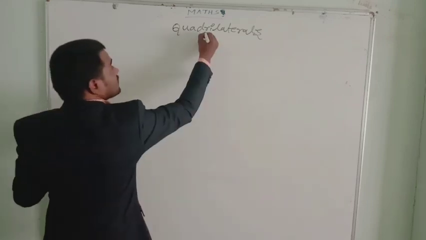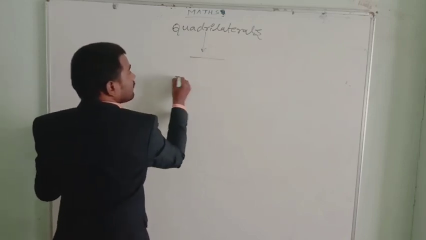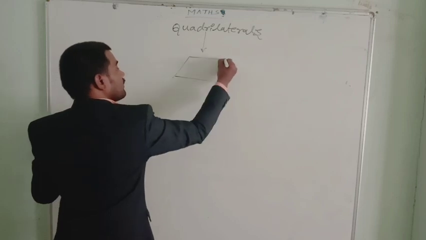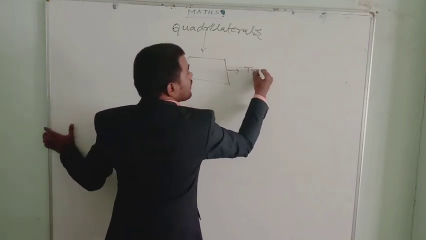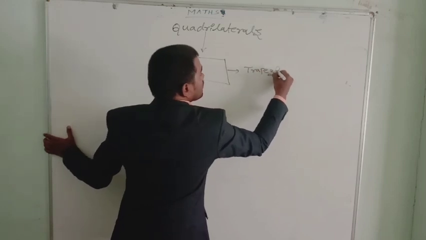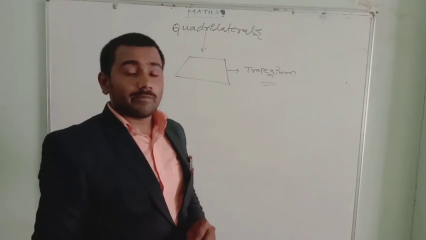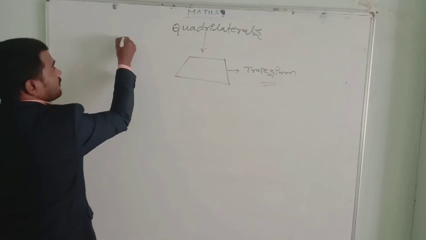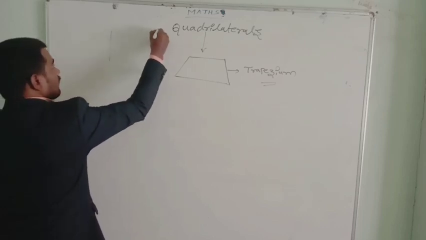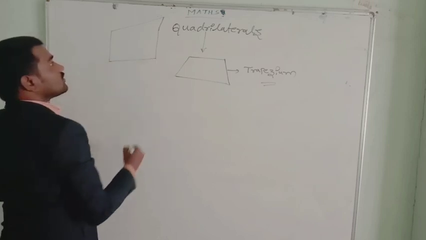Let us know that. The first kind of quadrilateral is known as a trapezium. A trapezium normally will not be like this. It will be at any position, like, see. It's also a trapezium.